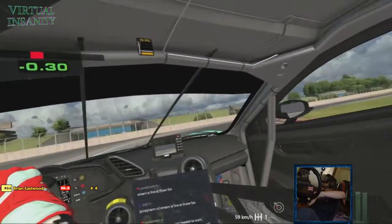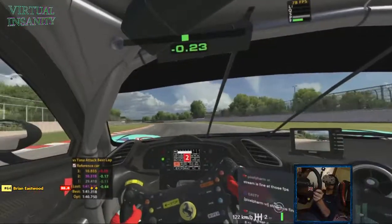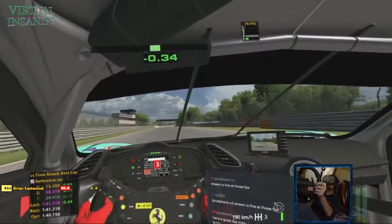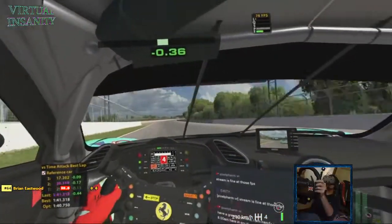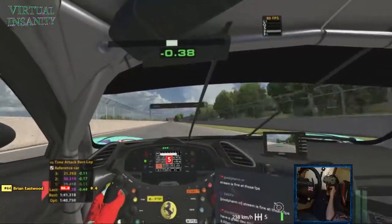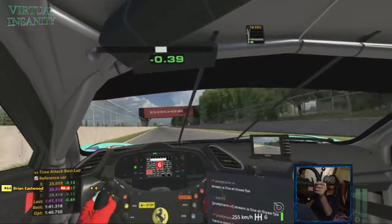Whoa, I messed that up. I was going a good lap until then. I was kind of looking behind me to see how far away my previous self was. The dirty ghost. Now he's a clean ghost now, I guess. I'm doing pretty good, but now...